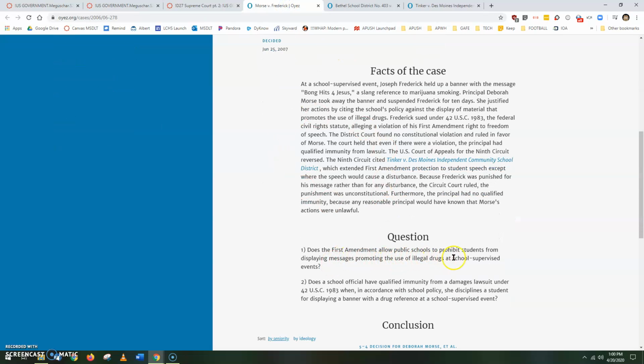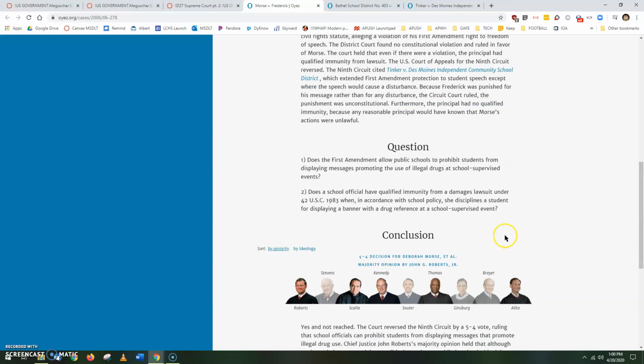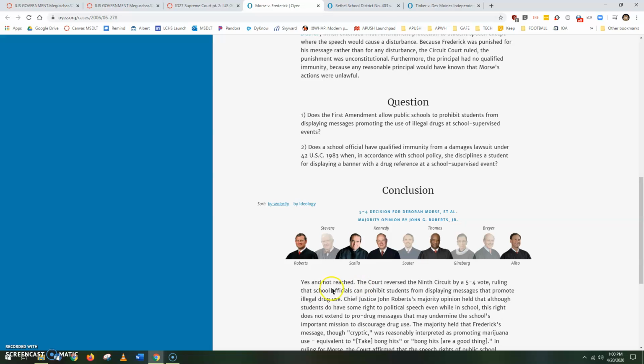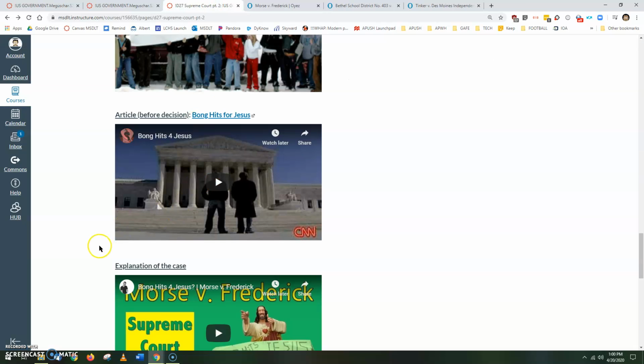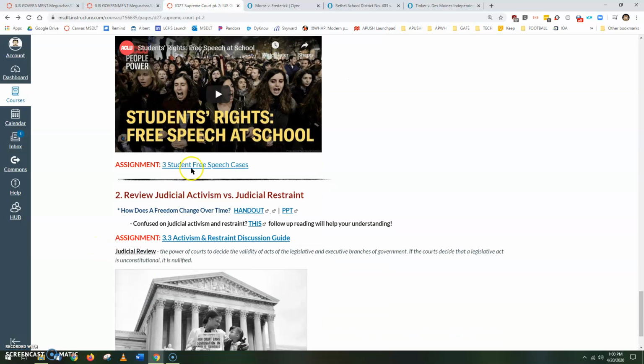Does the First Amendment allow public schools to prohibit students from displaying messages promoting the use of illegal drugs? So we don't have to worry about the immunity part. I'm getting ready to run out of time here. So yes, the school can control. It's a drug message. Okay, so that's important to know. So what you're going to do, you will be going into this free speech case